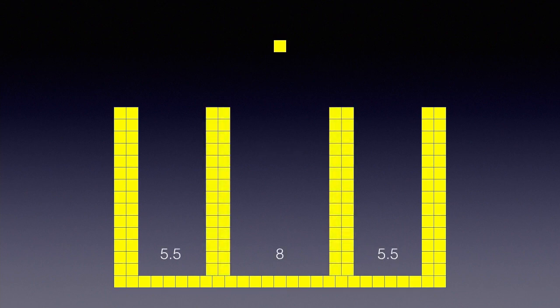We then place 2 more columns between them, centered 8 modules apart. This leaves a space of 5.5 modules between them and the outer columns. And that gives us a wider intercolumniation in the middle, which emphasizes bilateral symmetry and leaves a space for an entrance. And this may remind you of what we spoke about earlier when we talked about intercolumniation and how tightly controlled and important it was meant to be.